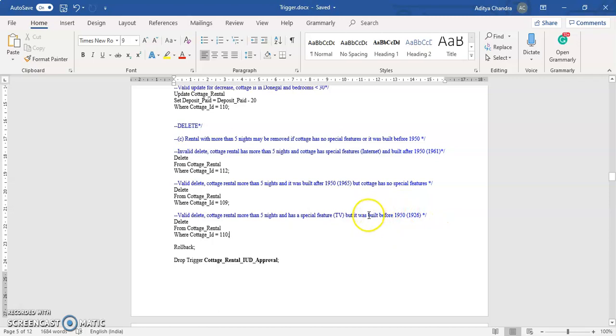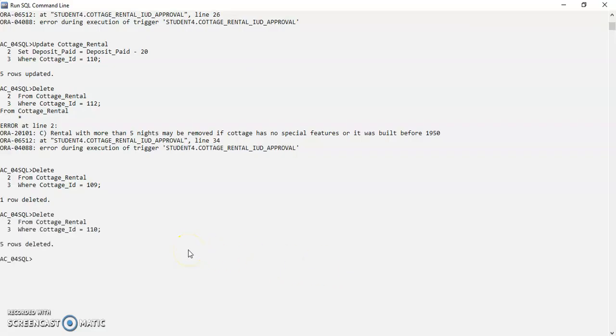So this condition matches, but it also has a special feature, TV. So one condition matches here for successful deletion, that is, it was built before 1950. So we should be able to delete this record, and we can see that we are able to delete records from the table because one of the conditions was true.